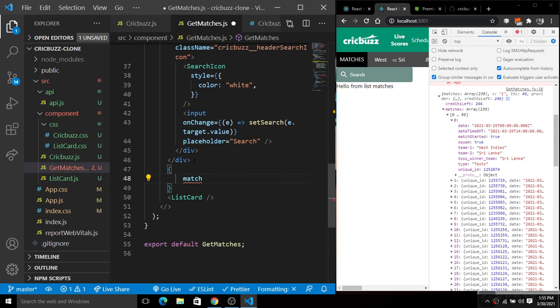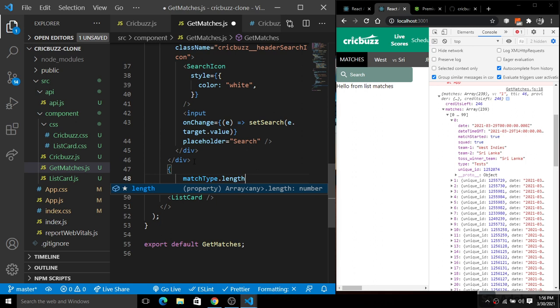Okay, so when you search for ODI, and if we have a list of ODI, so if we have 10 ODI matches, then it will simply return the 10, right? If 0, then it will not show you anything here. So for this I will simply do this for all things. Here we have this match.length, and if it is not equal to 0, then we will render this, otherwise render this.